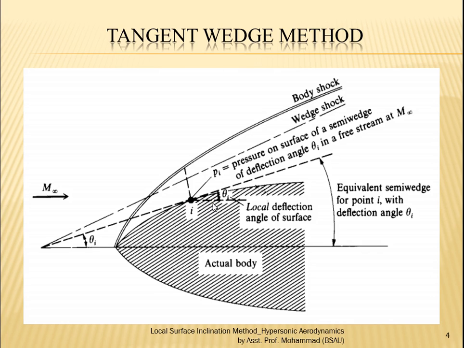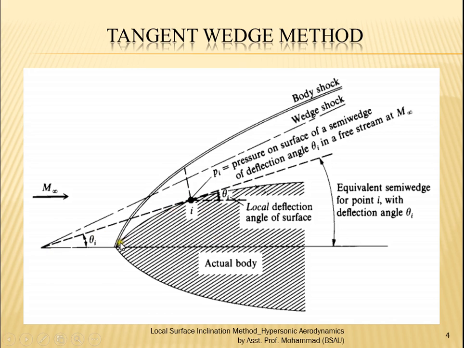Now we are going to make a super assumption, something very funny that looks like it does not make much sense, but it is giving a very close result. We'll also discuss why it gives the close result. So let us assume that the pressure at this location I, due to the local inclination theta I, is equal to the pressure available on the wedge of half angle equal to theta I. Now we are just assuming that there is a wedge available here. It's an imaginary wedge, and this wedge is having half angle equal to theta I, the local deflection available here. So for this particular location we get one wedge,